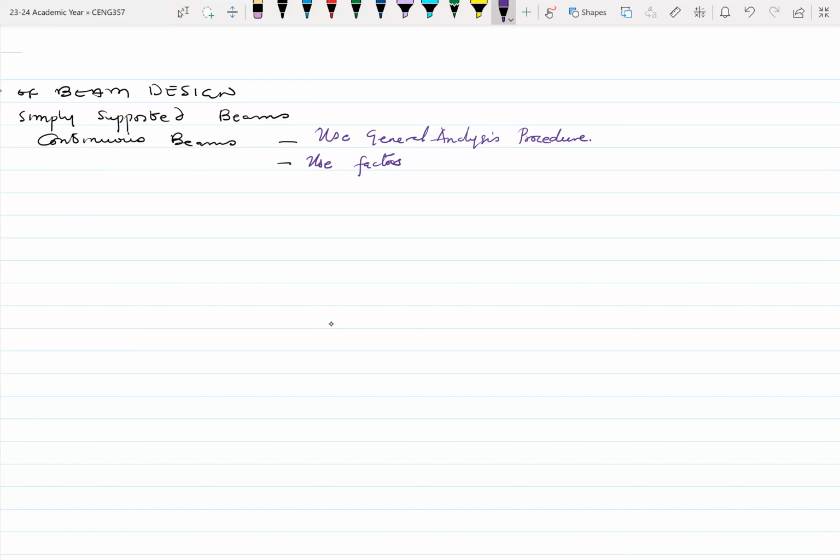If you remember last week, okay, I think the word is coefficient. So using coefficients, so using bending moment and shear force coefficient. Okay,